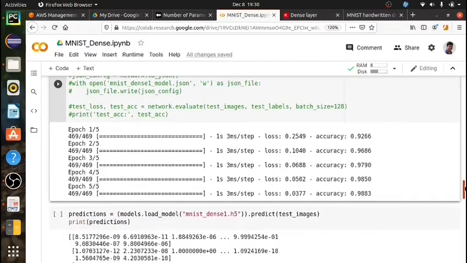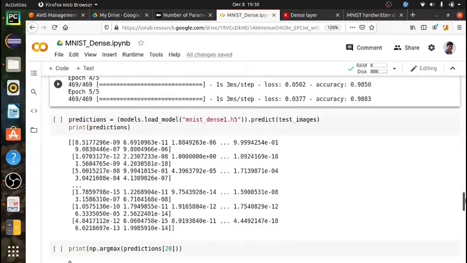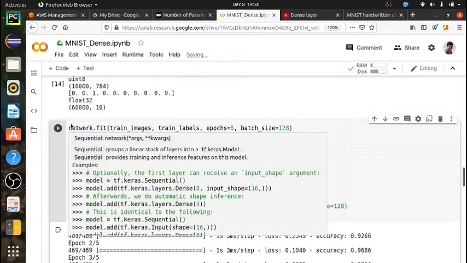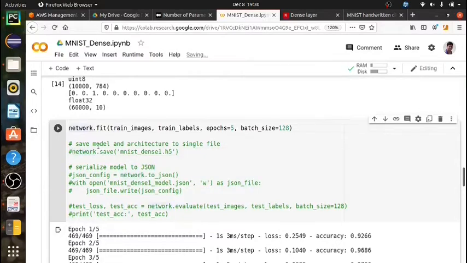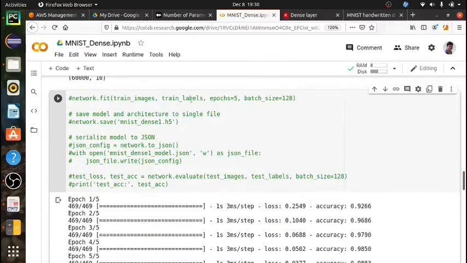Okay, now in the last step we will be using the model which is saved. Just comment this out because we don't want to retrain and save the same model again. Just to avoid this, we will comment out these two parts. Okay, now using the saved model, this is the .h5, this is the model which we have saved.